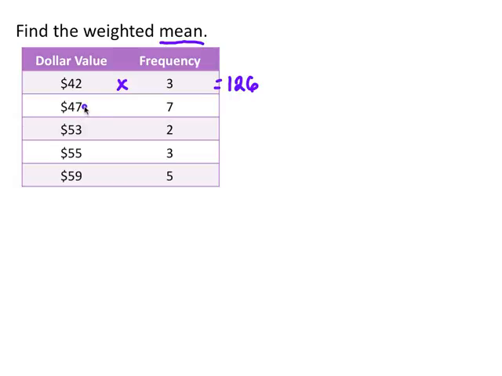And then we have to add 47 7 times, so we're multiplying 47 times 7. That gives us 329. And same thing here, 53 times 2 is 106. 55 times 3 is 165. And 59 times 5 is 295. Okay, so now that gives us actual amounts that were given when these donations came through 3 times or 7